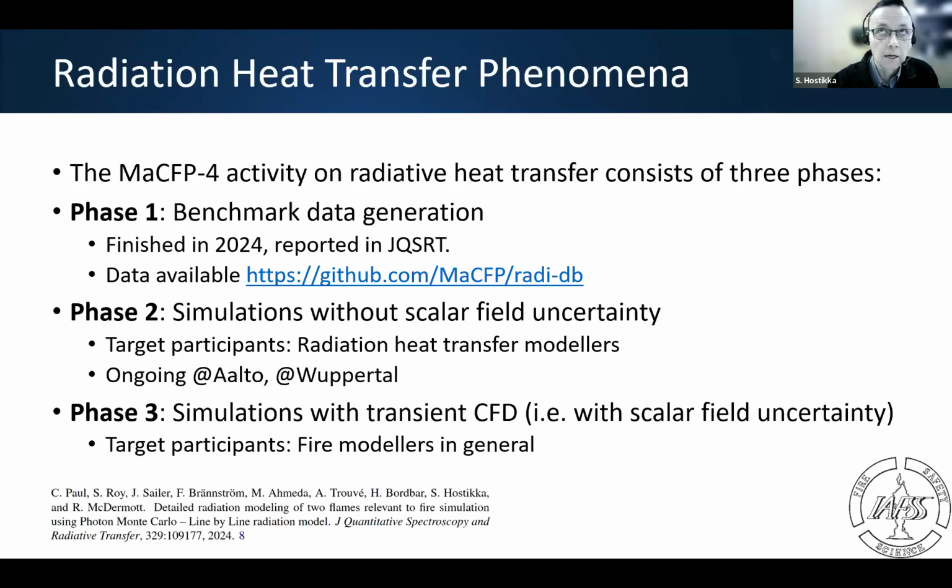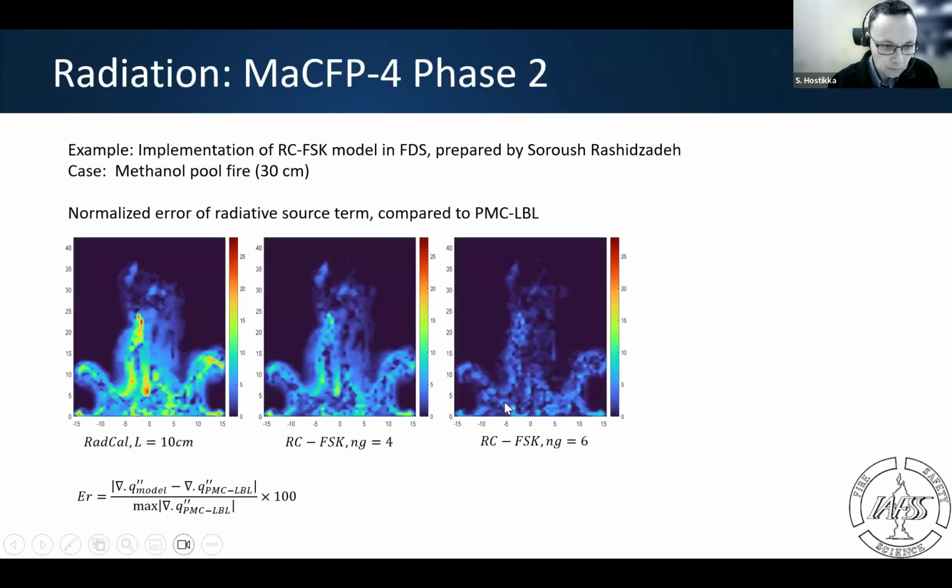And unlike the gas phase and condensed phase subgroups, our benchmark data is not actually measurement, but it's synthetic data, something that we calculate. So this data means photon Monte Carlo line-by-line calculations. And this data has already been made available in the GitHub repository of the radiation group.